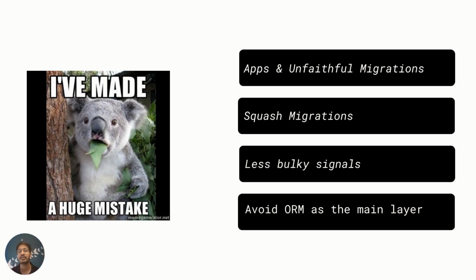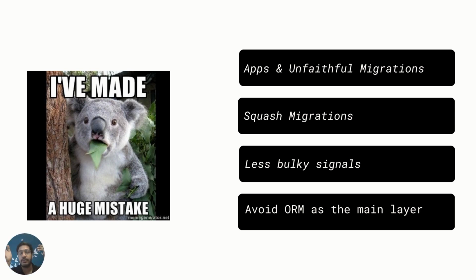What mistakes we did, or generally people do, is that signals can be useful for small things, but putting too much logic in pre and post save signals can make the program flow difficult to trace and read. So it is advisable to limit your use of signals, or at least minimize the logic you put into pre and post save signals. They are very helpful to call out minimal actions, but they get troublesome when you add a lot of logic into them.